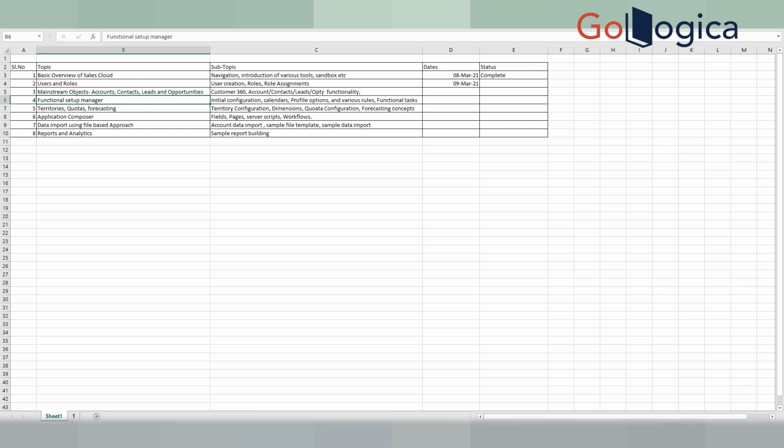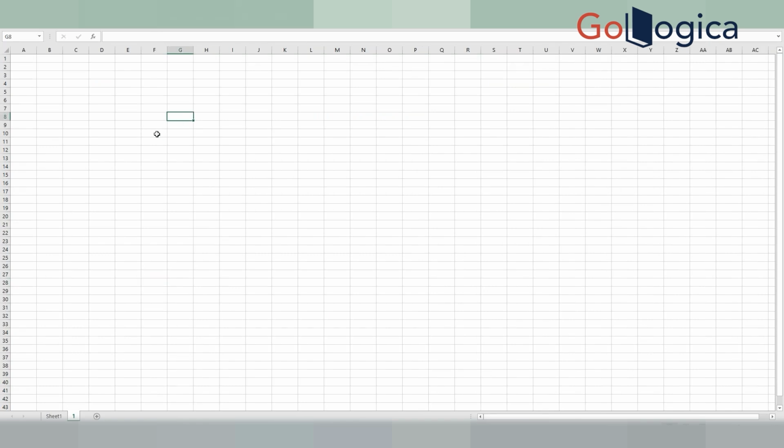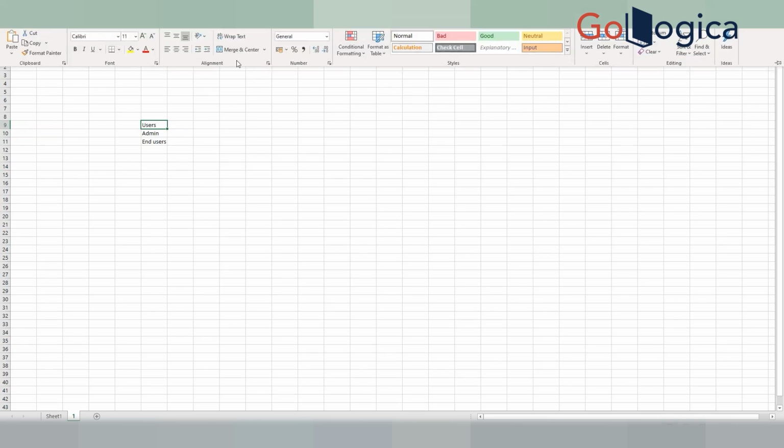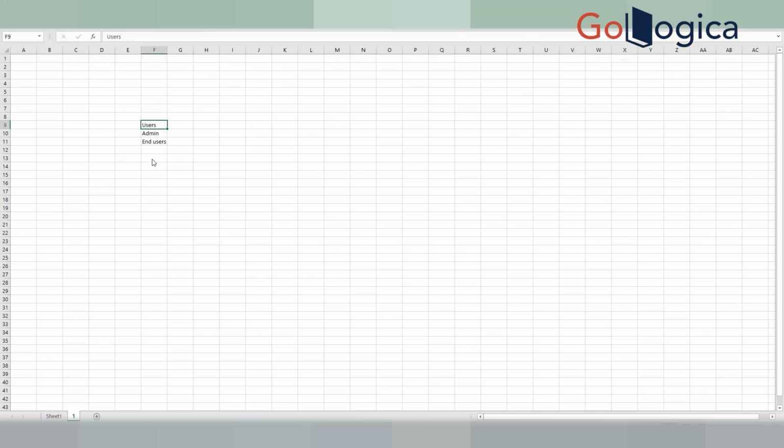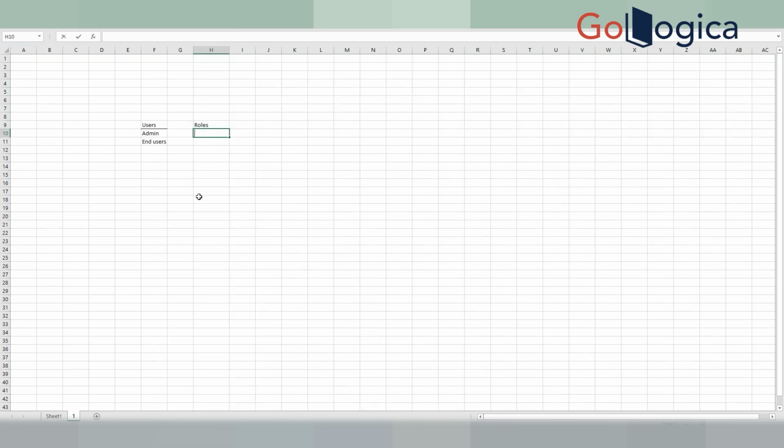So users and roles. Before we get into the system, there are two types of users. One is admin, and then end users. These are the basic user types in Sales Cloud. And when it comes to roles, there are many roles, but primarily we use the following roles. It's called sales administrator, and then sales representative,